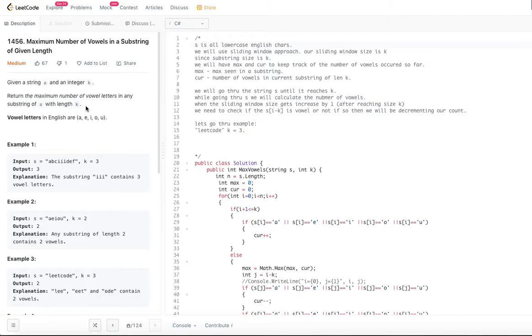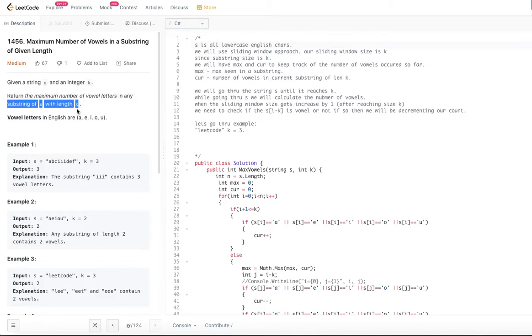So what we are going to do is a sliding window approach for this problem. Our sliding window length will be k. Why are we choosing the sliding window length k? Because the substring is length k, that's what is mentioned.